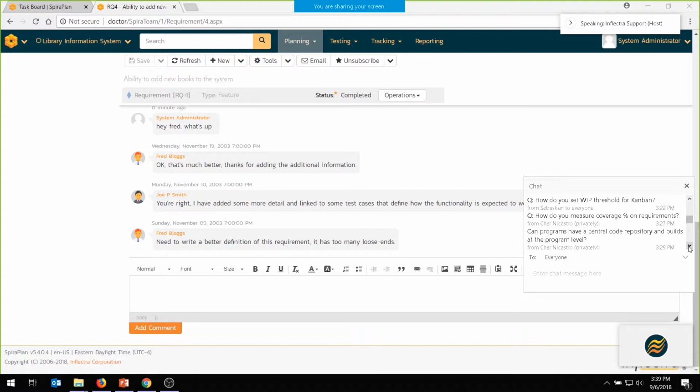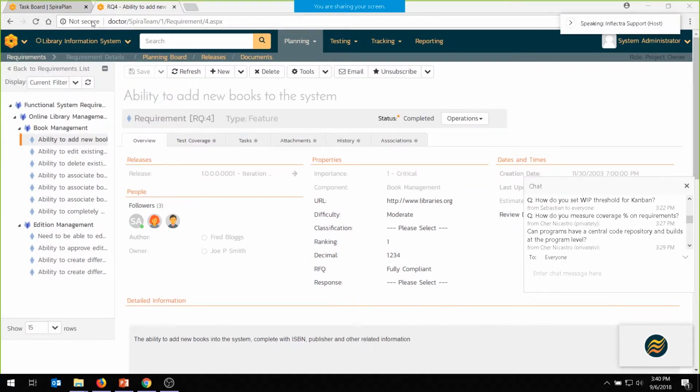How do you measure coverage on the requirements? Great question. That's from Share. So coverage on test coverage specifically, because we do also have tasks, but in this case it's really test cases. So the way that works is if you go to a requirement,